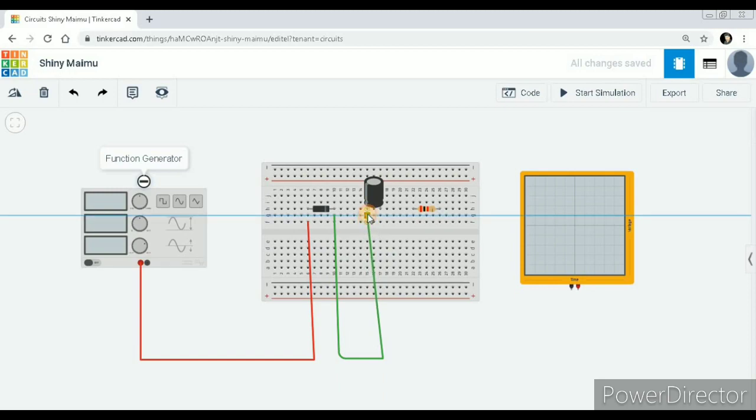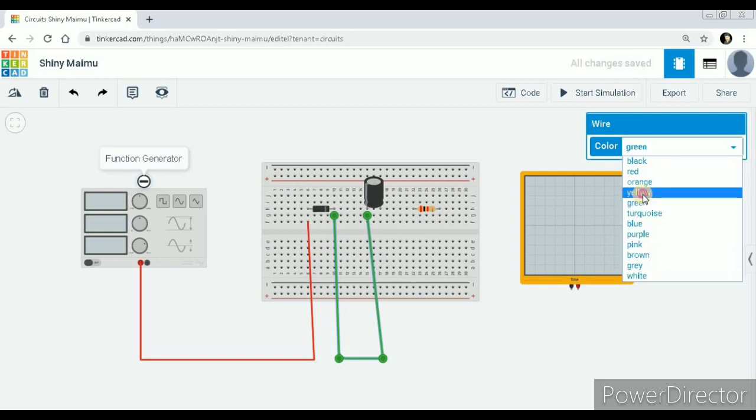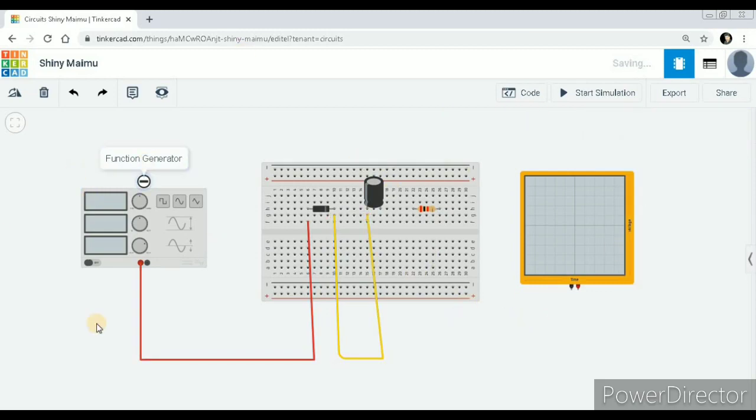And also same like this, you can even change the color, like I am changing to some other color, like yellow. So you have a connection like this. So likewise, you have to give the connections according to your circuit diagram.